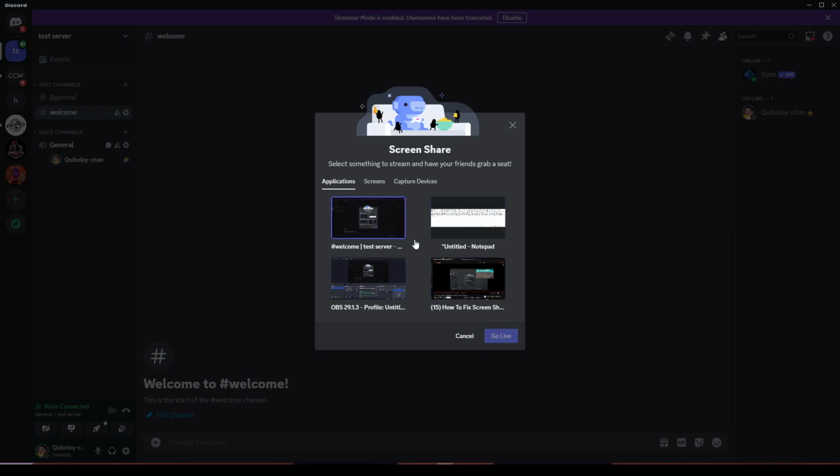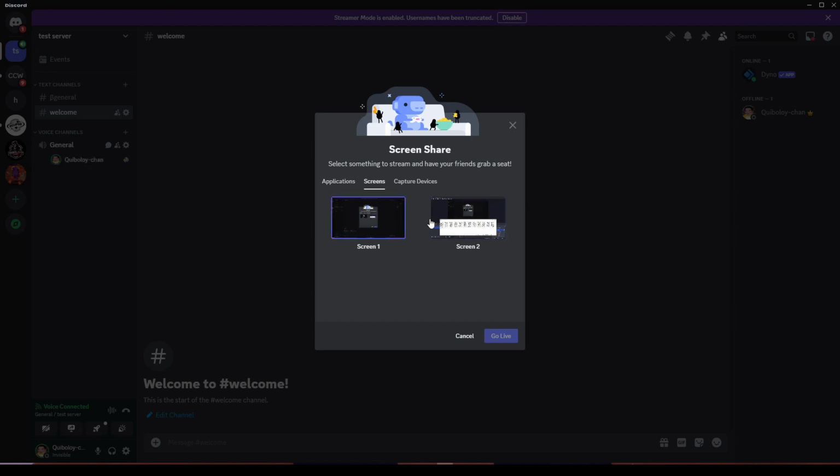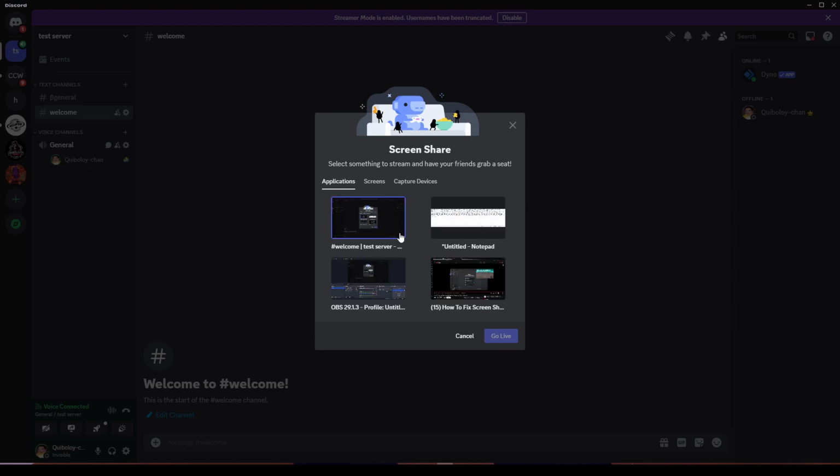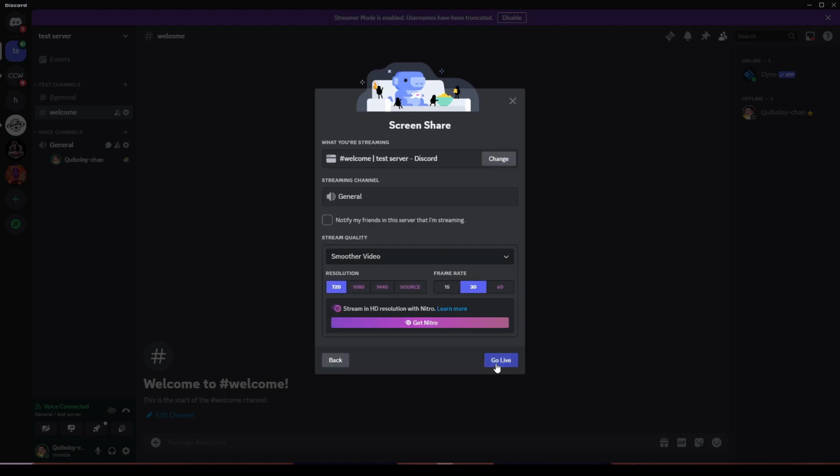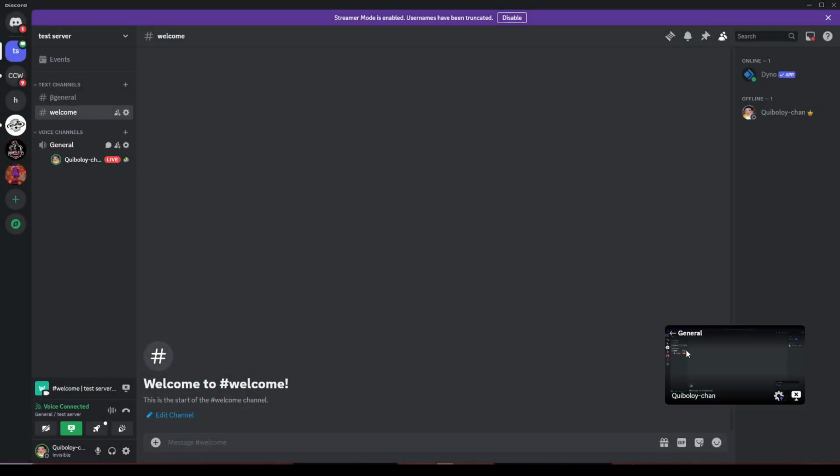Also, the browser version only shares system audio and not the audio of the app you want to screen share. So what you have to avoid is the screens. This will not share any audio. If we try and screen share our Discord here, this should share your audio, and if that does not work,